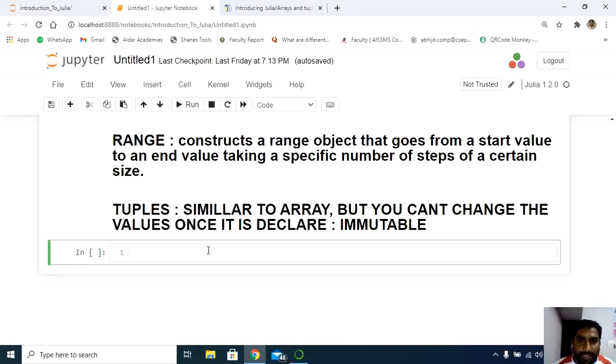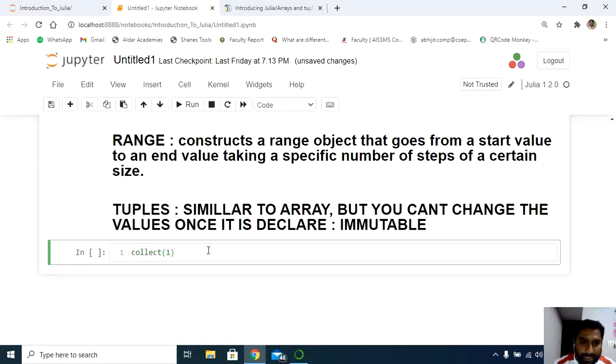Suppose I want to display 10 elements which start from 1 and end with the digit 10. How can we display that? We use the method called collect. So collect, next give the starting number.